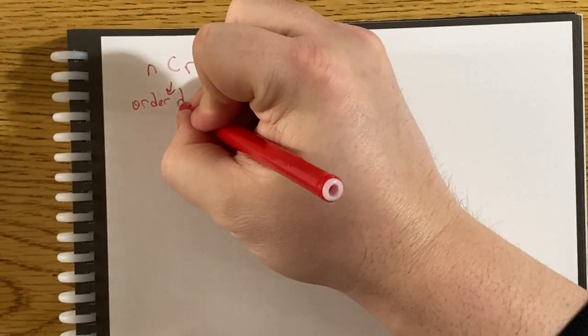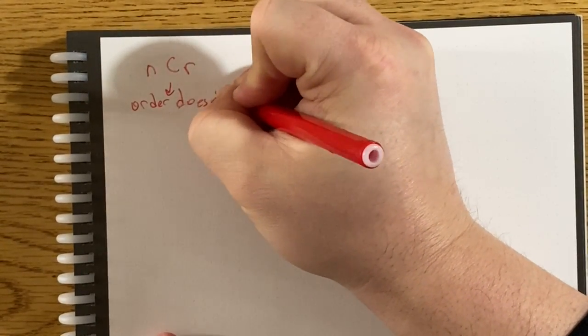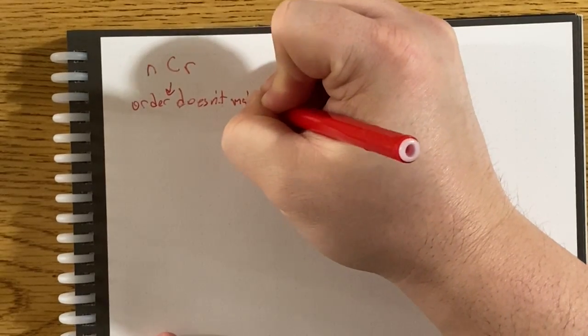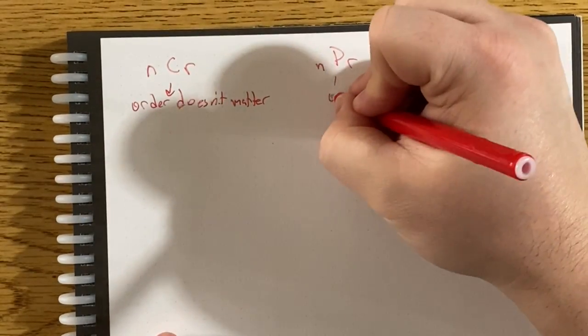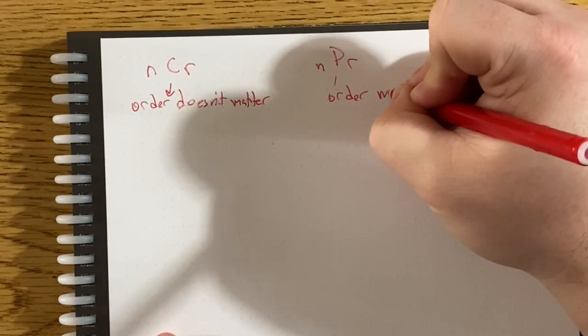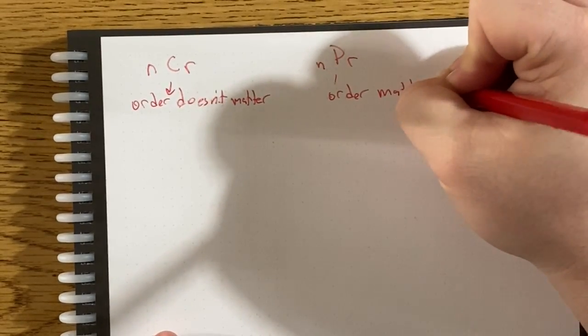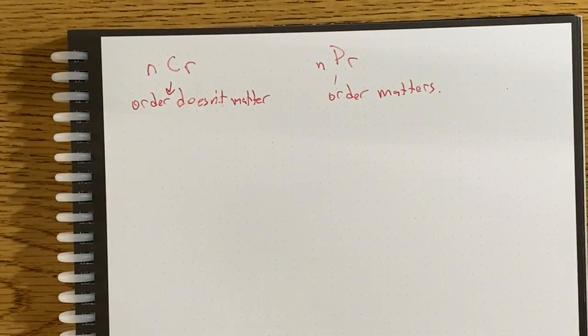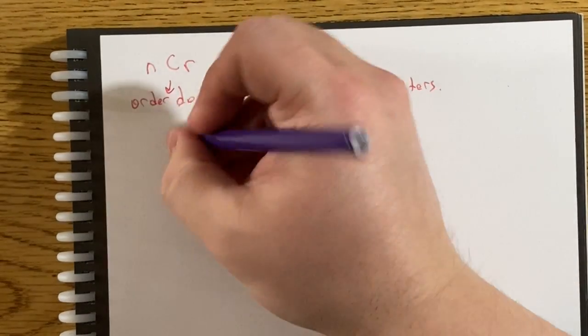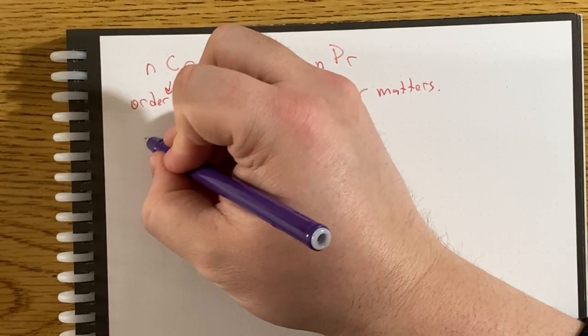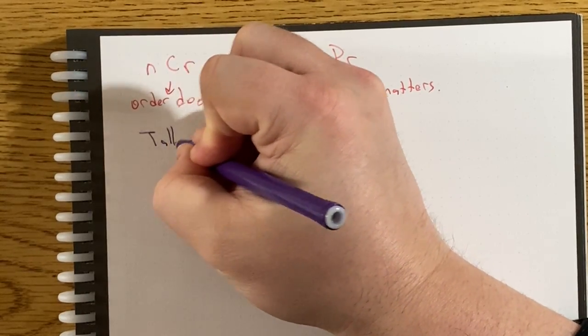Mostly, this is just a case of you've got to put it in the calculator properly, and then you'll be fine. So if I said something like, Talia